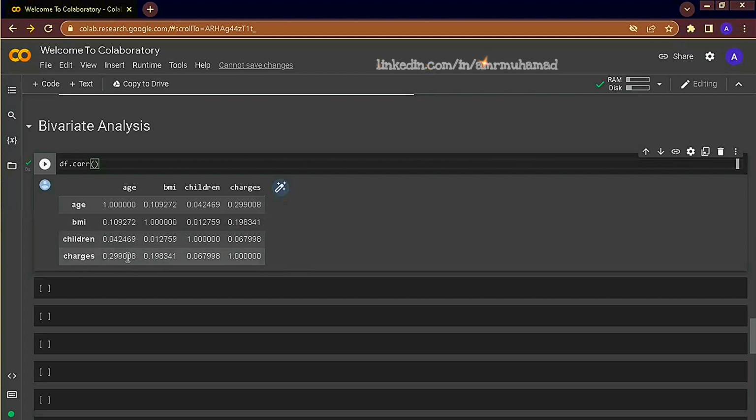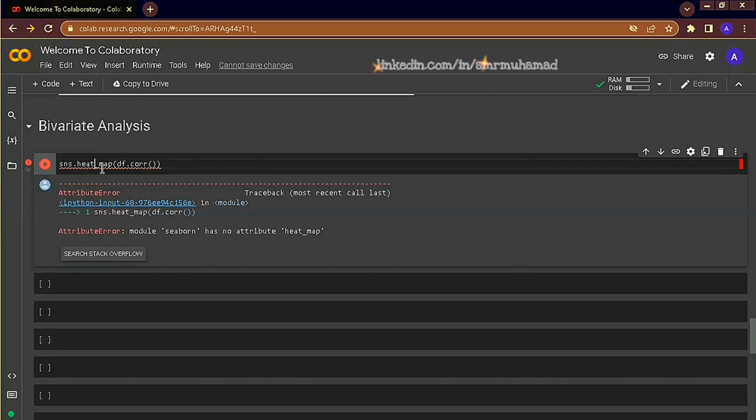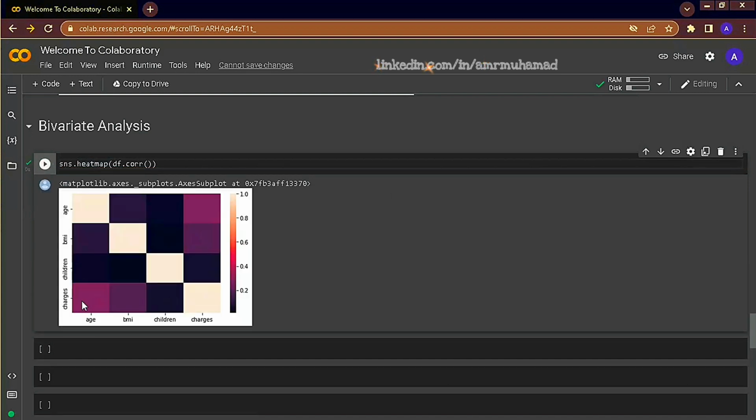Instead of having correlation as is, we can visualize a correlation heat map using sns.heatmap. So sns.heatmap of df.corr. Here we can see the heat map is plotted, each variable against each other. The color bar here displays the strength of the correlation.